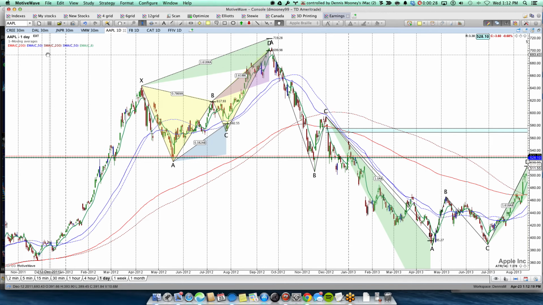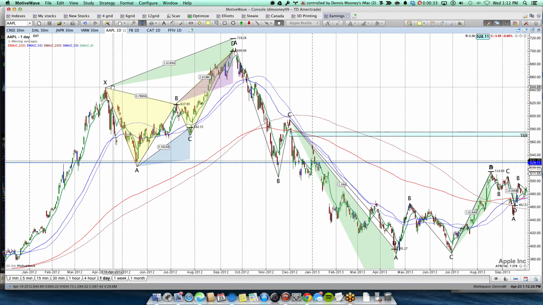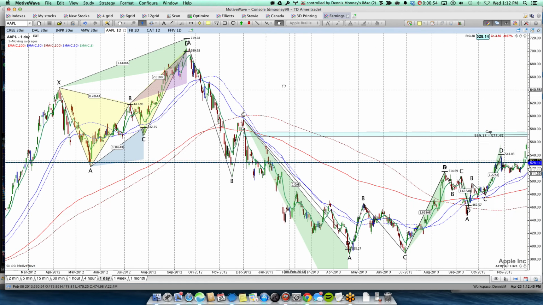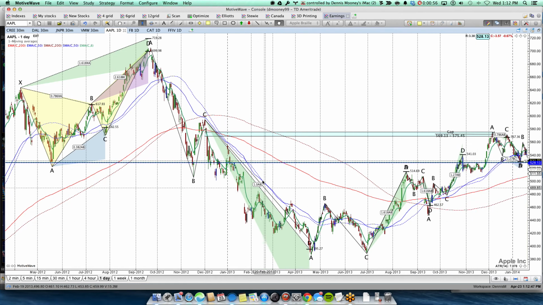Using Motive Wave and its A, B, C, D, and Gartley drawing tools, first thing we see here is an X, a 78.6, which is the start of a butterfly, C, and a perfect first target for a butterfly formation. That was followed by an A, B, C, and then this D point was a perfect, right down here, perfect